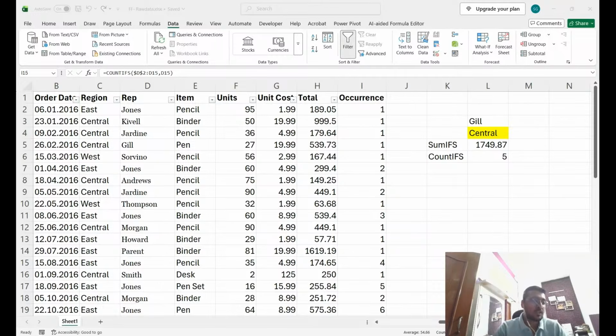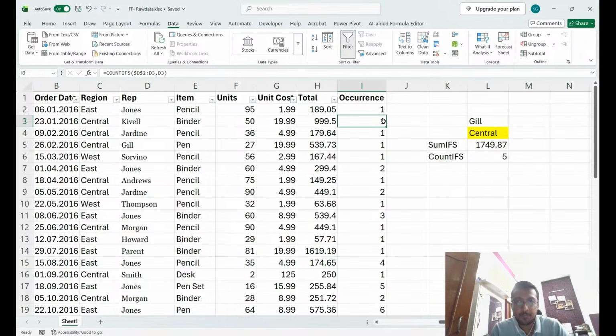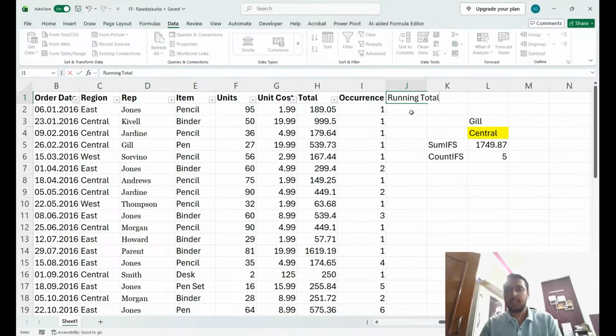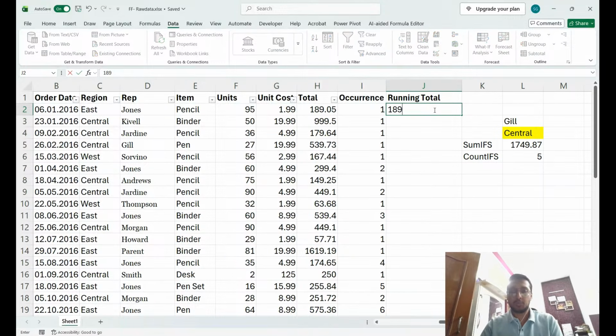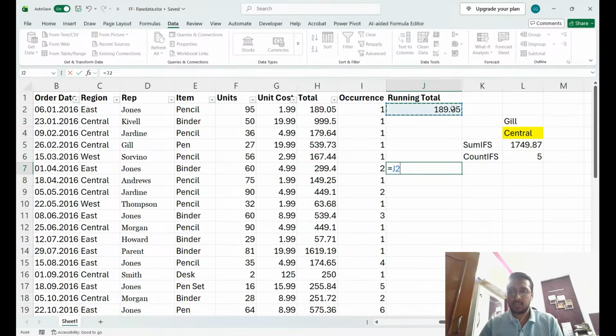All right. So here is the problem statement that you need to solve. The problem statement is known as running total. Running total. Again, what I essentially need is the answer for Jones in this particular column. I'm going to name this running total. So answer for Jones in this particular column should be 189.05. And a lot of you would have already understood. This particular cell should give me the answer of